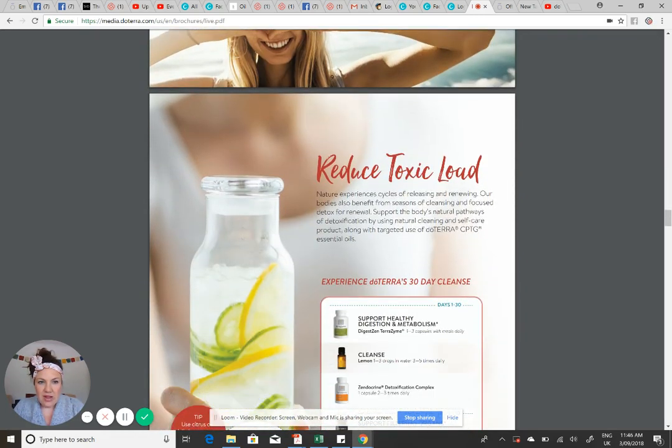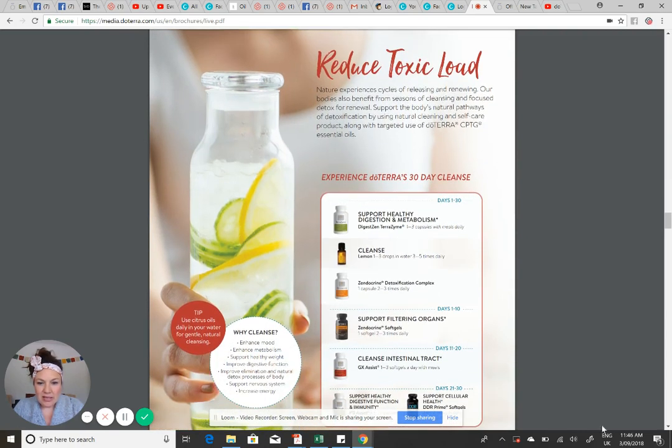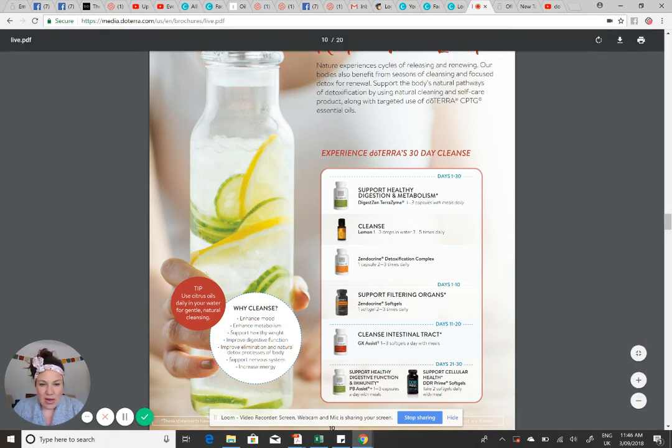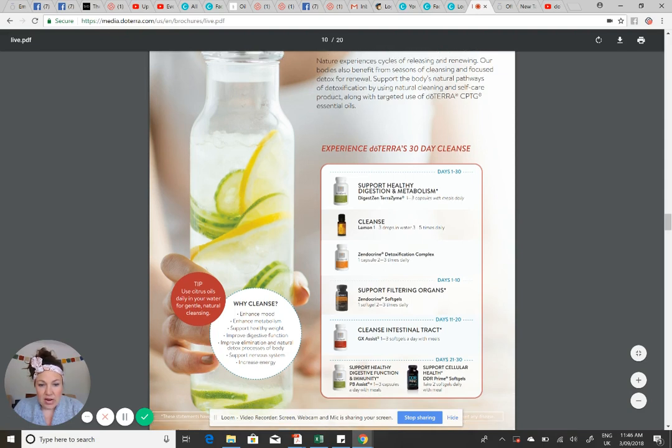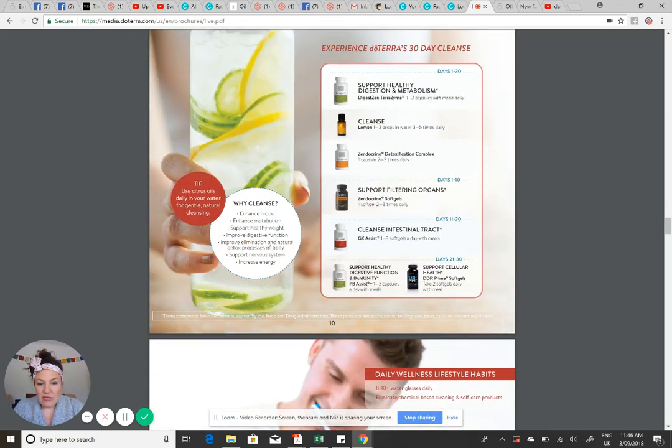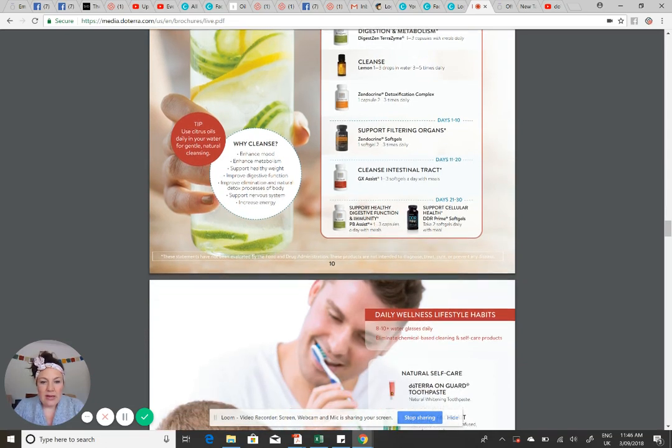Okay, I'm just flying through this. Reducing your toxic load. Why cleanse? Great for enhancing mood, supporting healthy weight and digestive function. That just looks absolutely delicious, using citrus oils, cucumber, some lemon. I'm going to go do that now, actually. Great for your 30-day cleanse: TerraZyme, lemon, zendocrine. You've got soft gels, an intestinal tract cleanser, and then you've got your PB probiotics